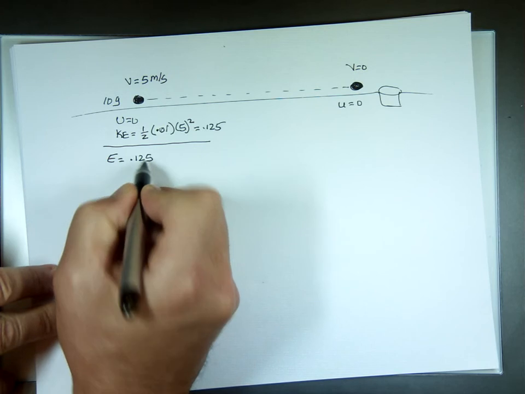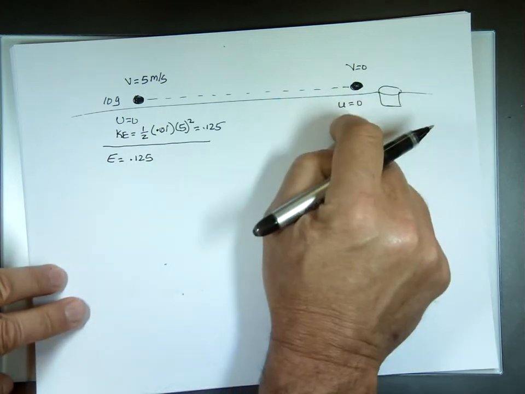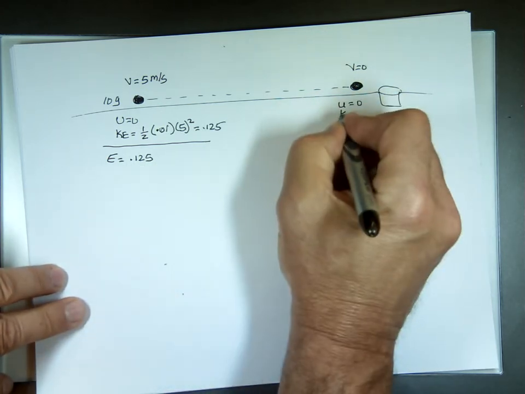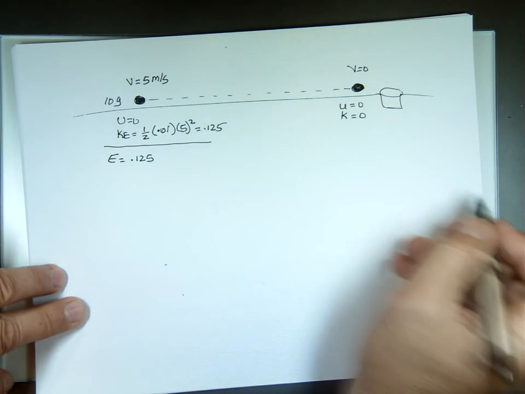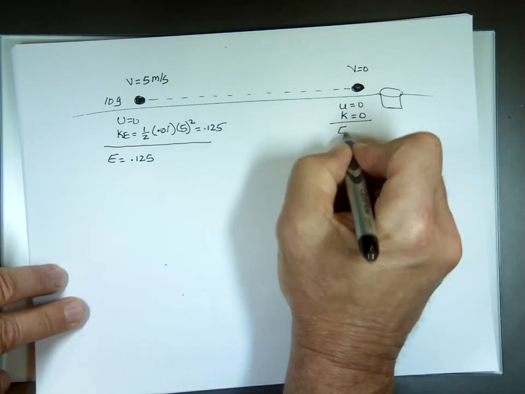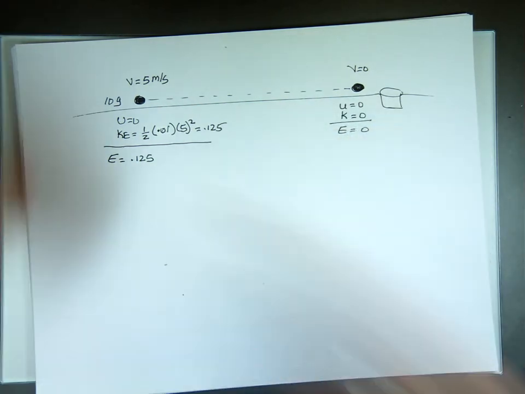Here, my potential is 0. What's my kinetic? Also 0. What's my total energy here? 0. Well, we know the work done by friction